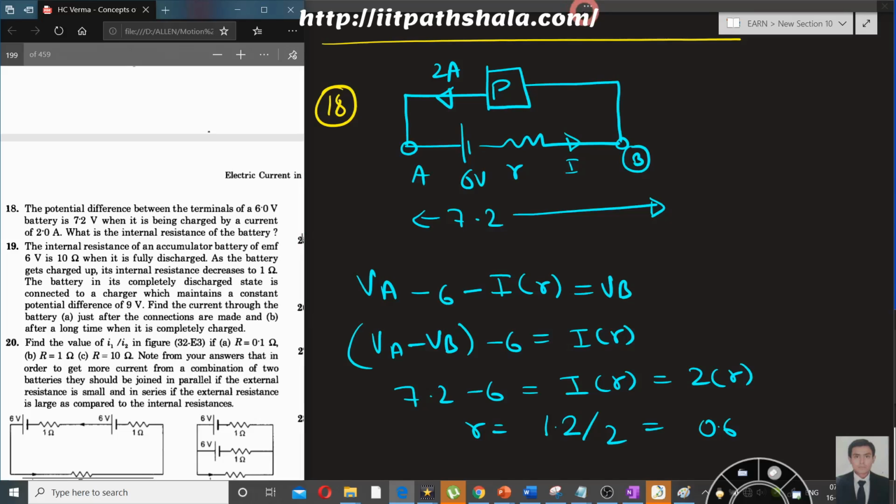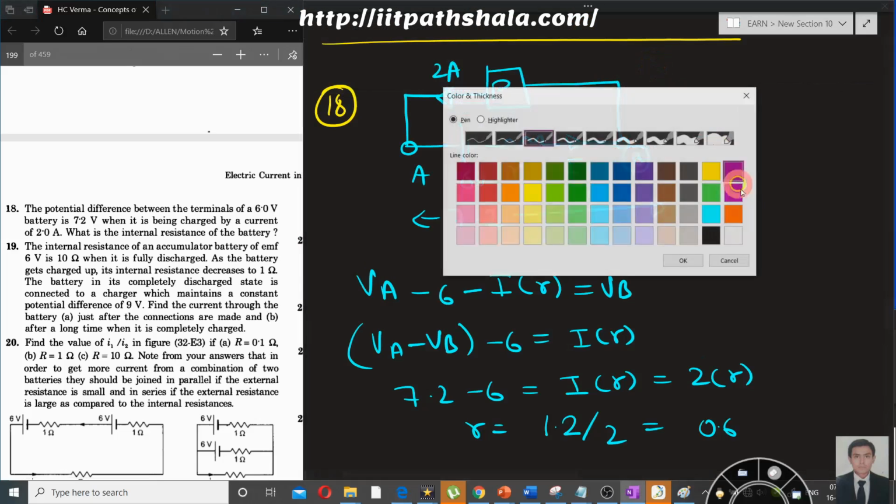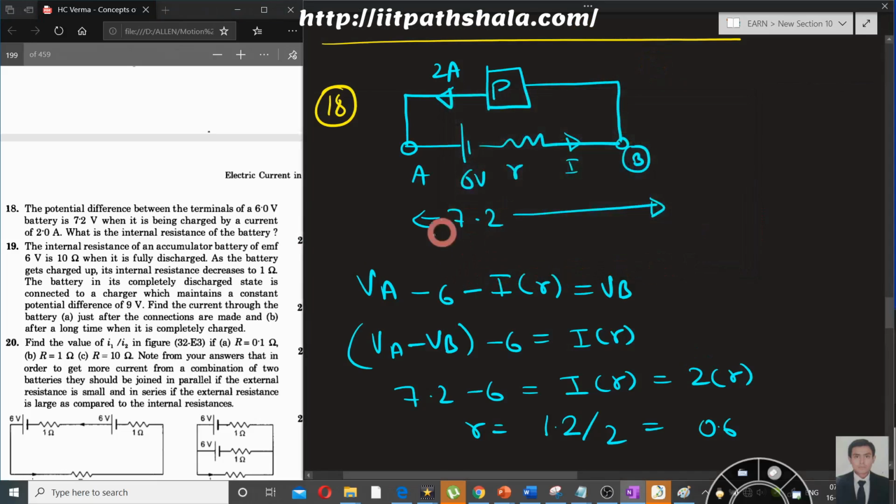So now it's very simple over here. Let me switch my pen to orange. So what you can do over here is form the circuit diagram as follows. It is very simple. Now, charging means you are forcibly giving current to your battery from the opposite terminal. For example, your positive terminal is throwing the current out. Now here it will be receiving the current, as follows. Now just apply your KVL between the initial point A and the final point B.